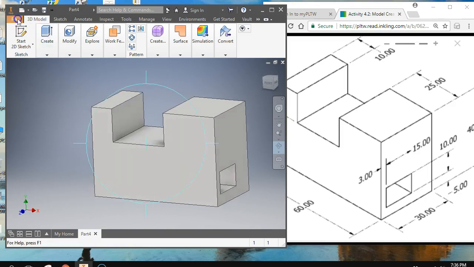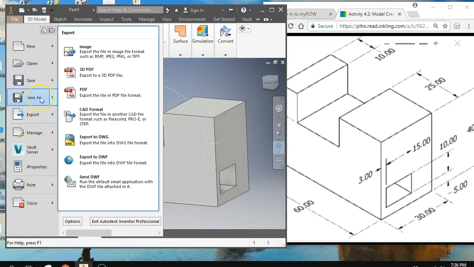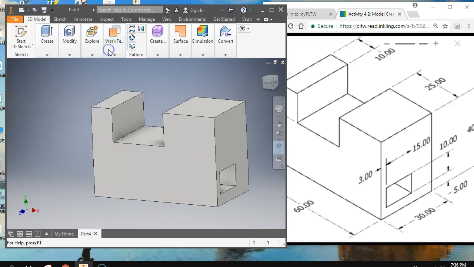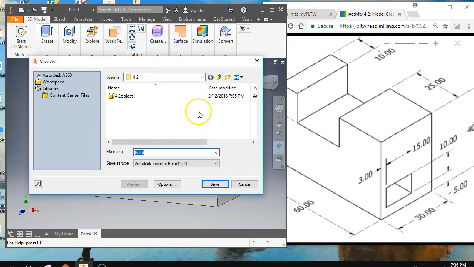Good job. Don't forget to save your file. File, hover on Save As, Save As. It'll default to your most recent location, and I will call this 4.2